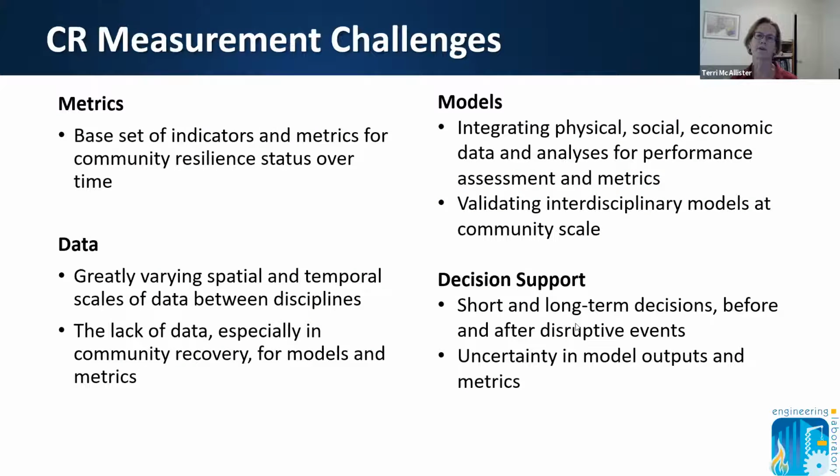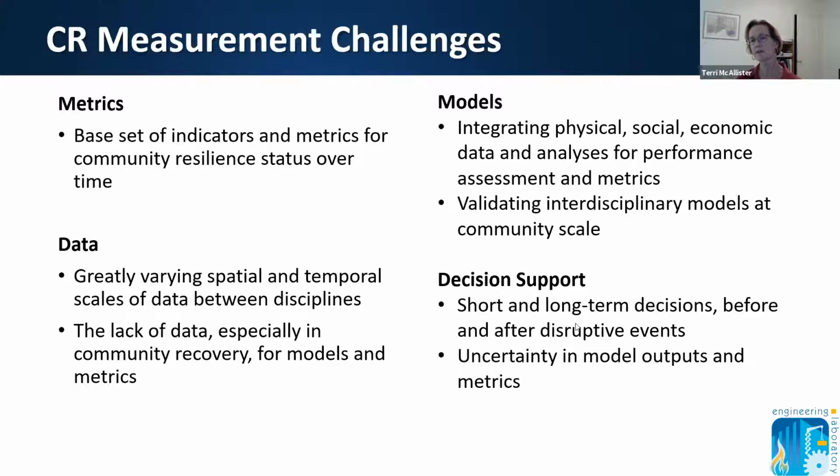So as we've been working on community resilience, we've identified some significant measurement challenges. The focus areas that in particular you'll be hearing more about today are metrics, data, models, and decision support. Developing metrics at the community scale has proved to be very challenging but important, and they rely upon data, which, if you start looking at data for physical, social, and economic systems and communities, you rapidly realize that they have greatly varying spatial and temporal scales.